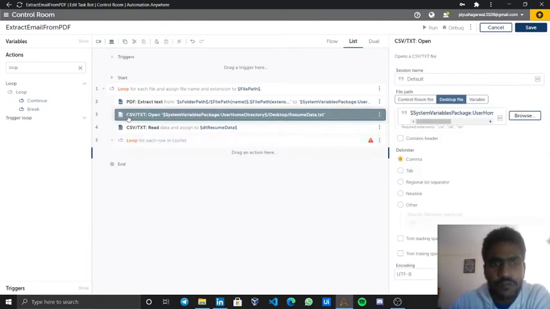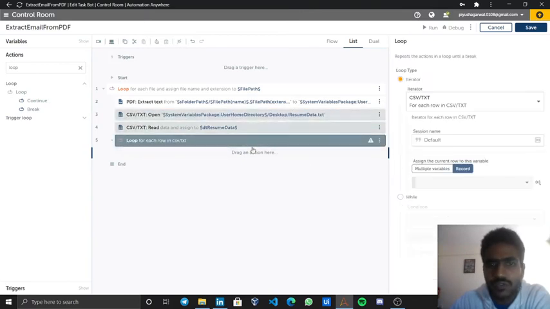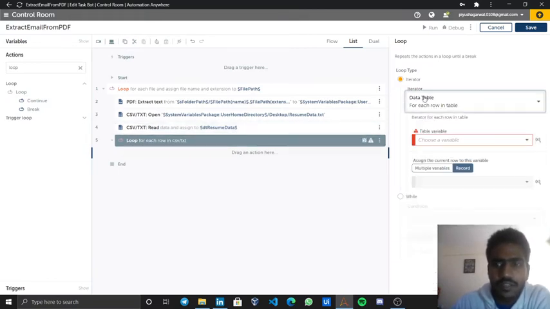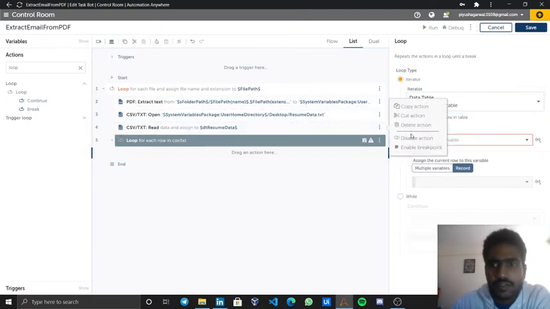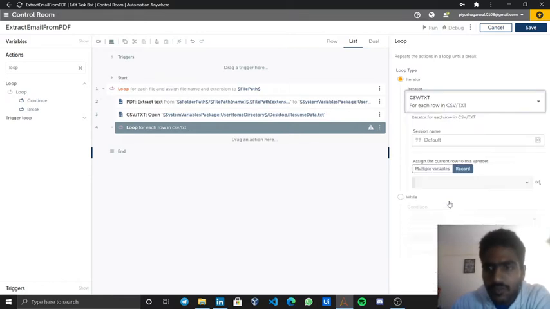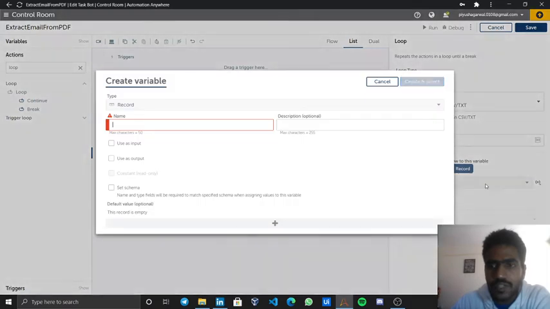First, I open the file and directly use a loop for CSV or txt. Other than that, I use a read command to store that in a data table and use a data table loop also. So I will remove this and use for each row in CSV txt.